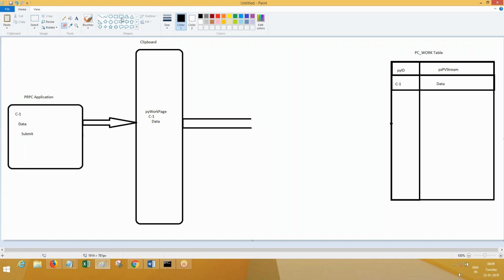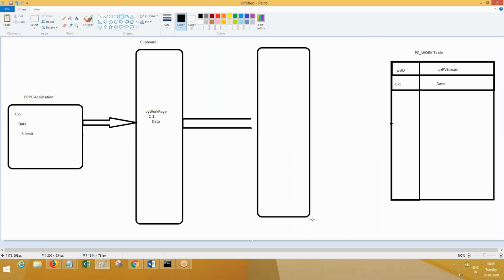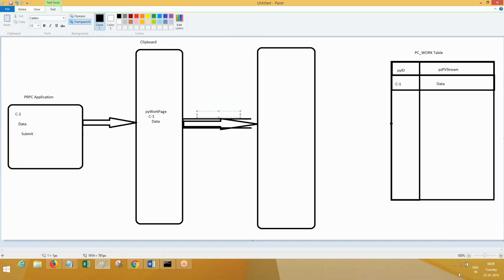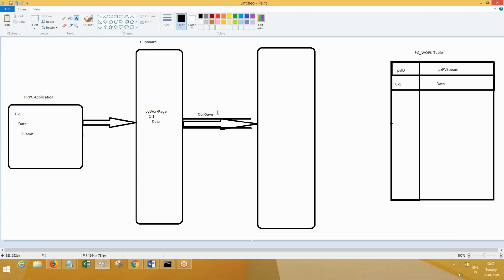Let me draw something else here. So PRPC is going to execute a method to save the data, that is Obj-Save. Once you submit this, Obj-Save will get executed internally. Once Obj-Save is executed, data will not directly get into the table.